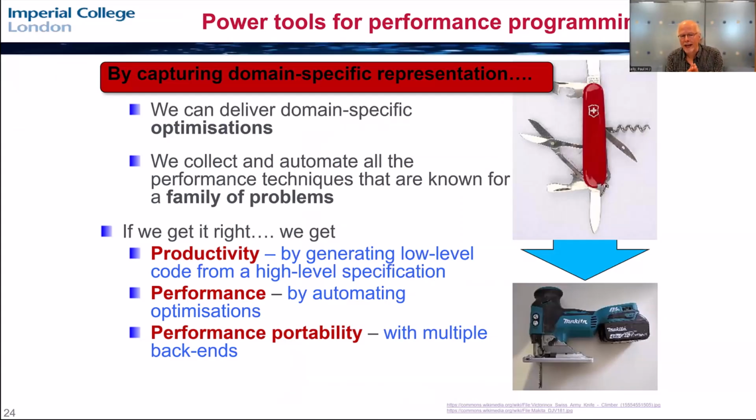So where I'm going with this is a big claim. The claim that we are building power tools for performance programming that actually deliver productivity, performance, and performance portability. I mean that from a single Python script, like the one I showed you, we can generate code that is pretty fast, that is fully portable. There's nothing in that code that says what kinds of backends it's running on. And meanwhile, we're supporting a level of abstraction that enables our users to focus on their domain of expertise. This is probably the single most important thing of all this.